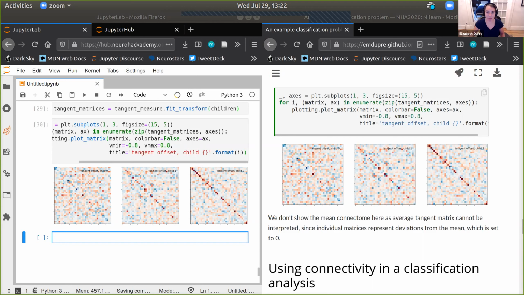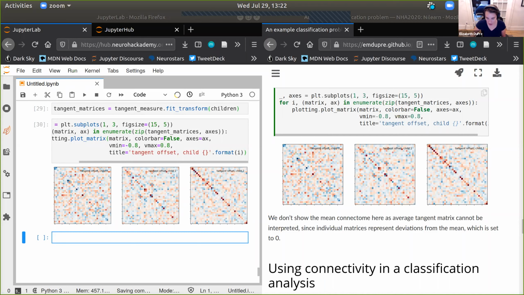But if you're thinking about something like global signal correction, this idea of including the global signal in a confound that you would then correct for when you transform your data with the masker, that's probably the most logical place to do it, I would say. And hopefully that answered all of your questions.